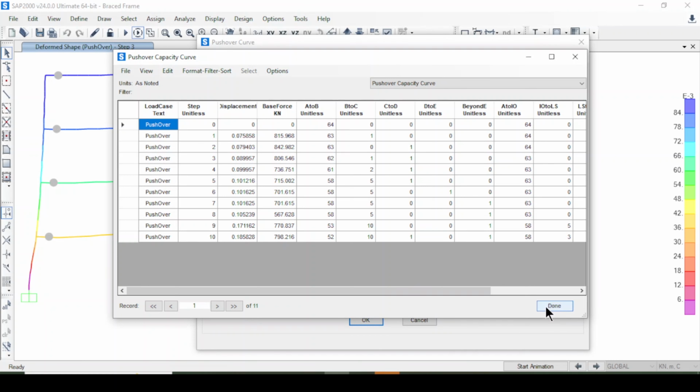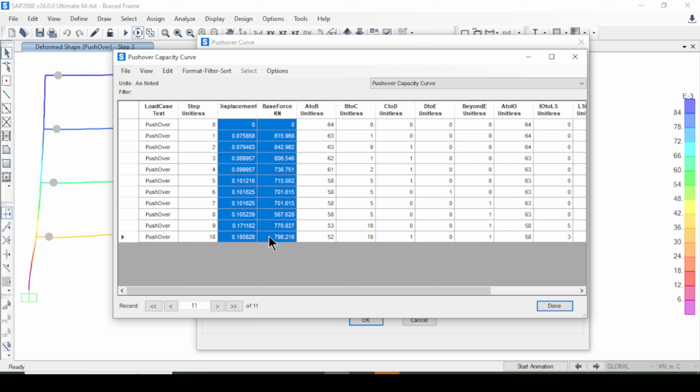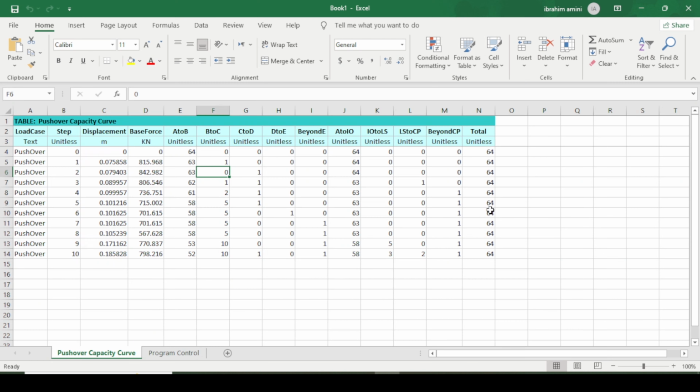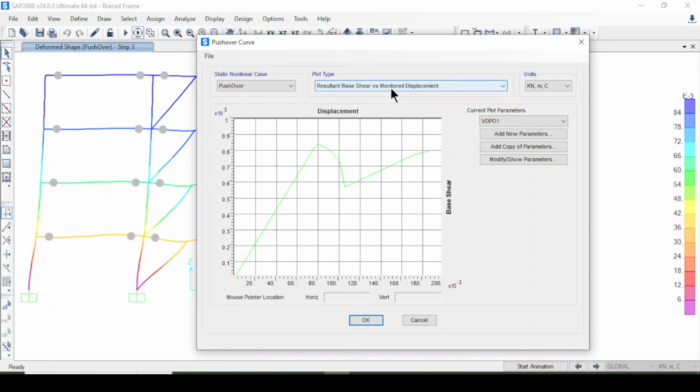You can just press done, it is pushover. And you can just draw here for this too as well, press OK. Look here, we have exported this to an Excel sheet as well. We have displacement and base shear and other points for CP, LS and IO. And here you can get other information for yield displacement and yield strength, and you can compare with